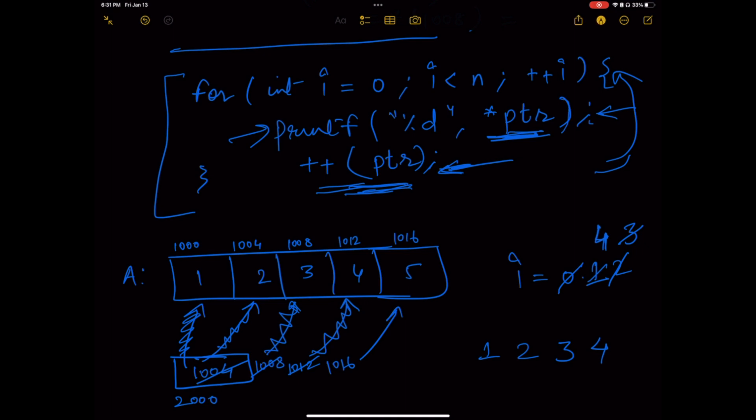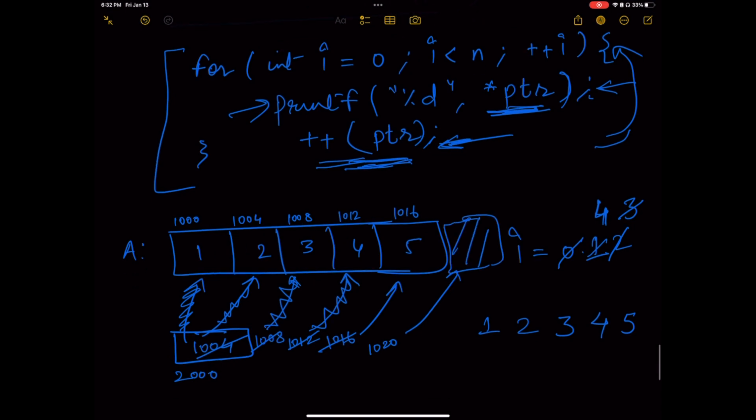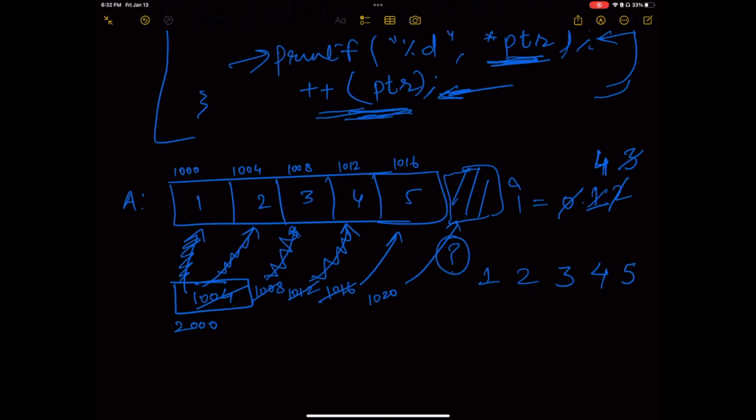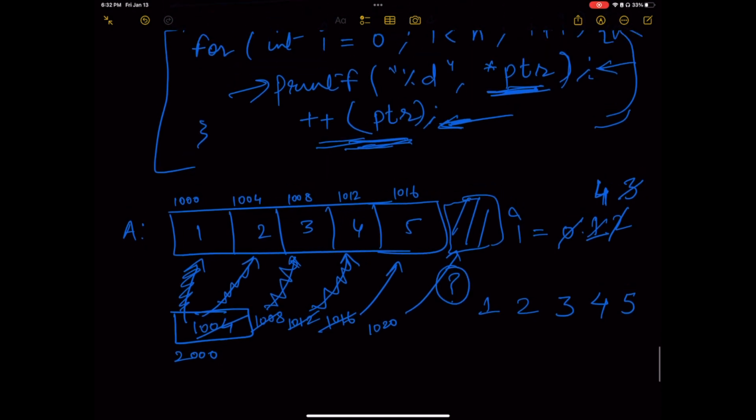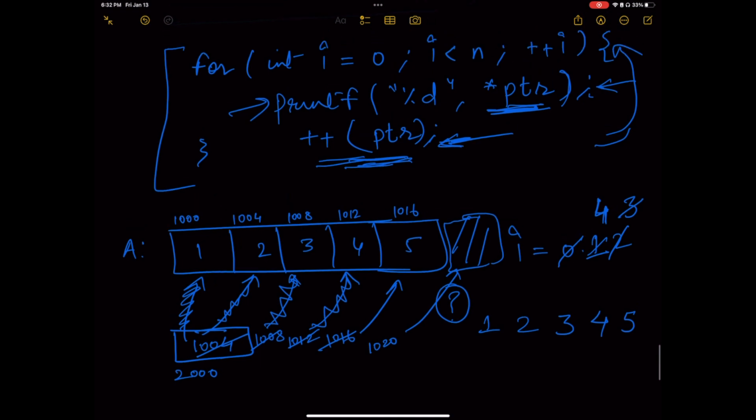We print it star PTR. It prints 5, but then it gets incremented. It gets incremented by 4 to 20. But what is here? Right? We don't know. So now this depends on compiler to compiler whether you'll get a runtime error here or not,